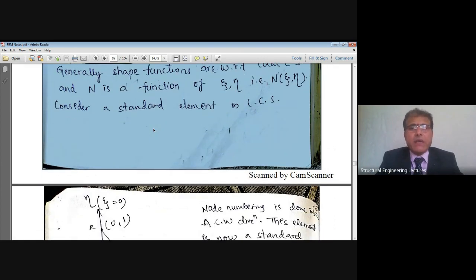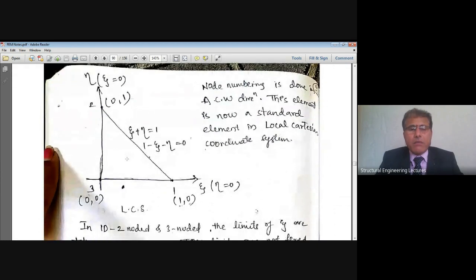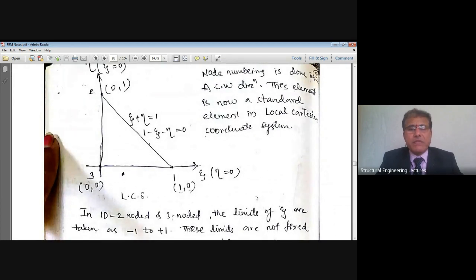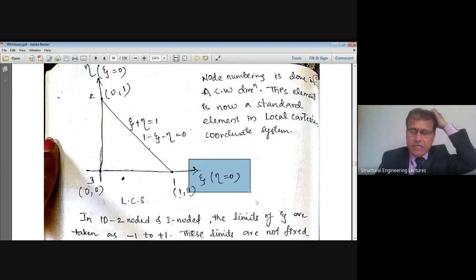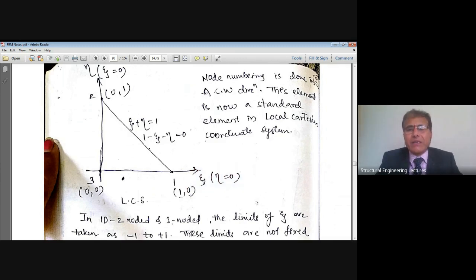Right? Then let us see the master element. Previously we have seen the generalized element, students. Now I am seeing the master element, which has node 1 along the local x direction. That local x is now given by the xi direction, and local y is notated by the eta direction. That is how node 1 is along the xi direction, node 2 is perfectly along the eta direction, and node 3 is at the intersection of these two.